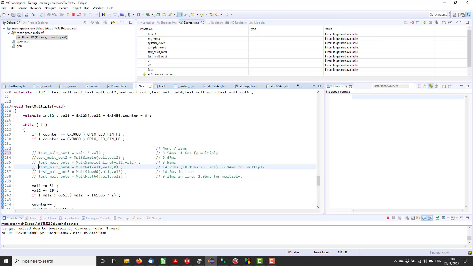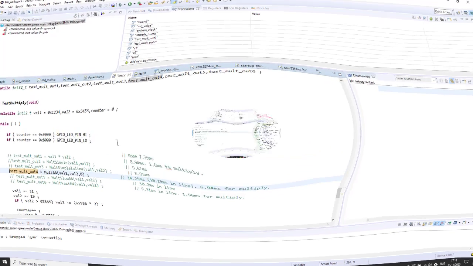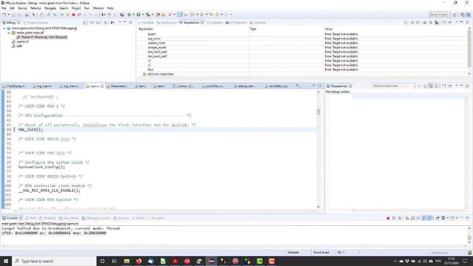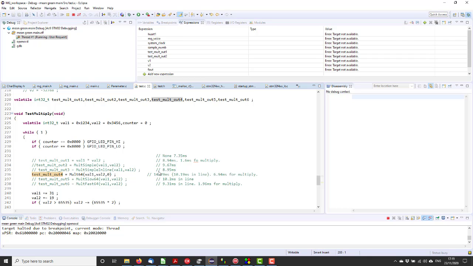Okay, so now let's try it on our function as we now have it, as we're calling it, which is that one. So recompile and off we go. Fire it up, have a look. Oh, that's a lot. So that is 14.29. So if we go back into here, 14.29 gives us 6.94 milliseconds, nearly 7 milliseconds for the multiply,